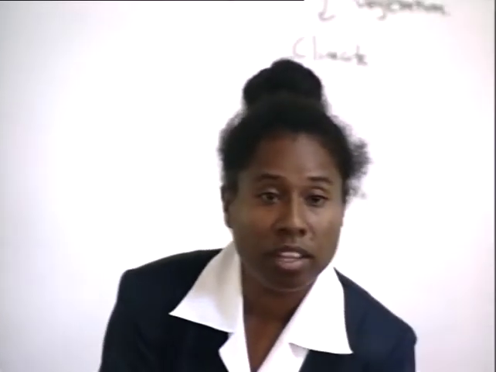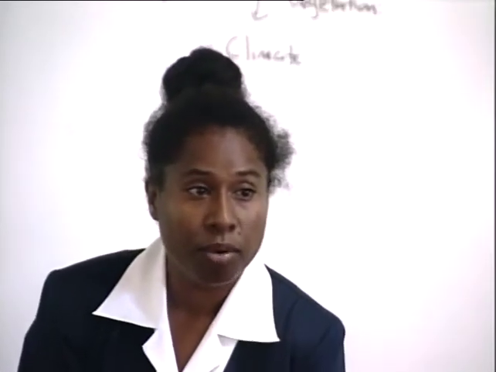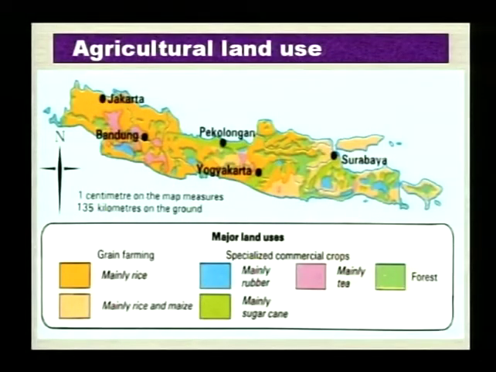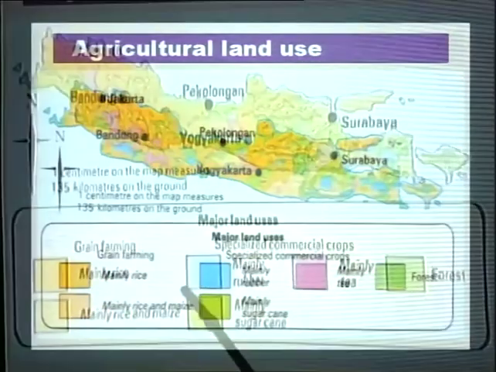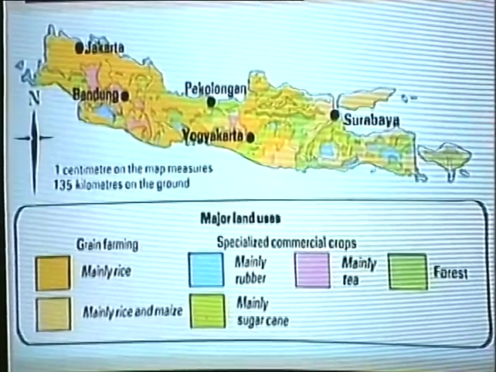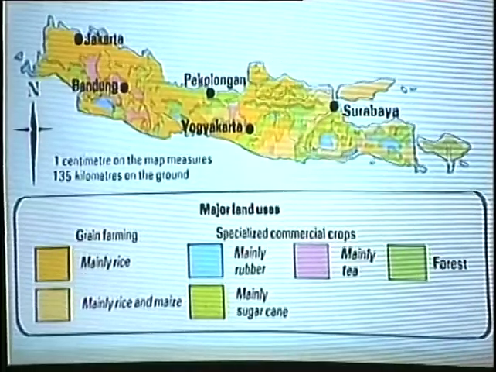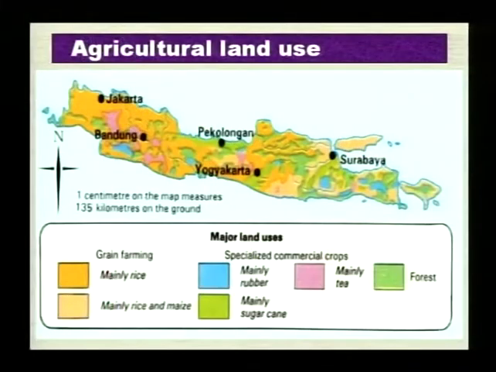For the meantime, let's look at some other information to do with land use and farming on the island of Java. Let's not think that rice is the only agricultural product or crop that is grown there. If you look at this map, there are a couple of other crops that are grown beside rice. The grain farming, mainly rice, is the orange color on the map. Those are the rice growing areas. And there's also maize. Maize does grow well on Java, and is shown by the lighter orange color on our map, these sections here.